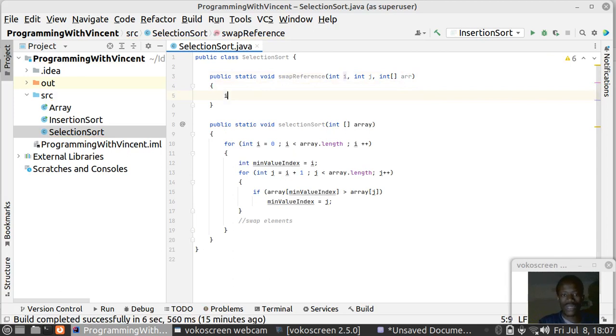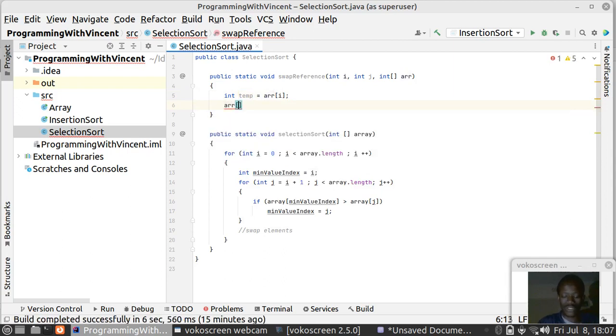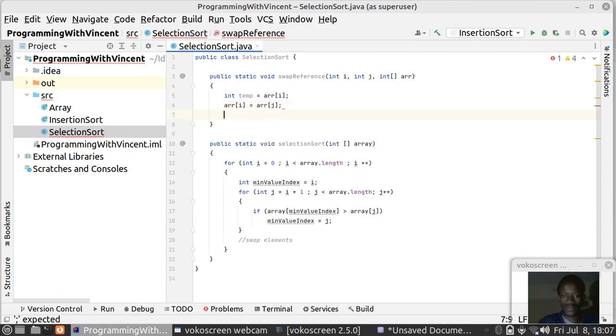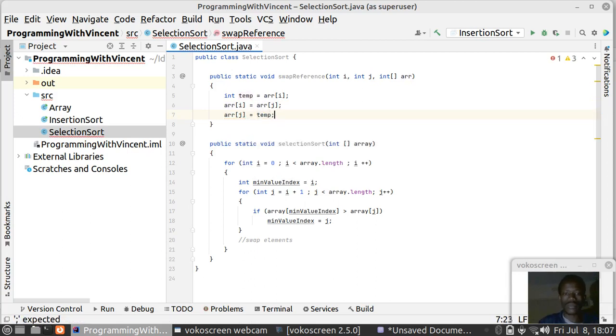Now we need to create the temp variable to map the element before, so that we're going to replace in this position of element before with element after. And then for element after, we need to replace it with the temporary variable that we have